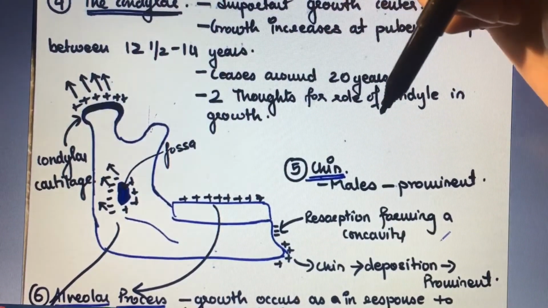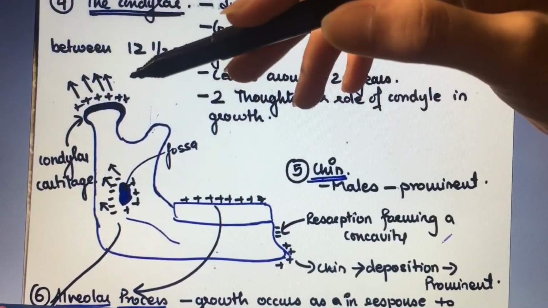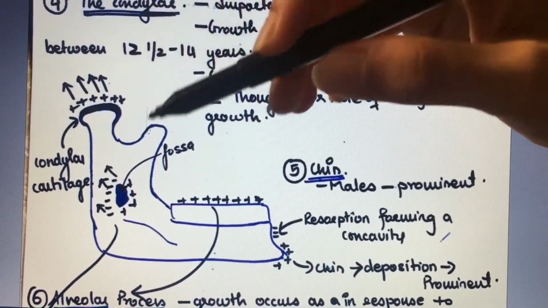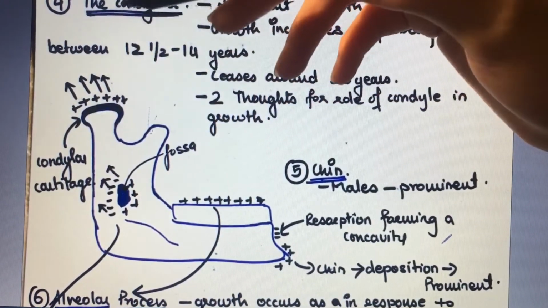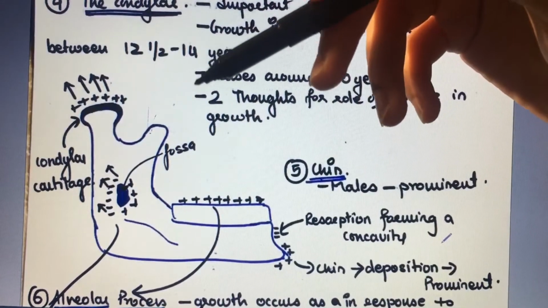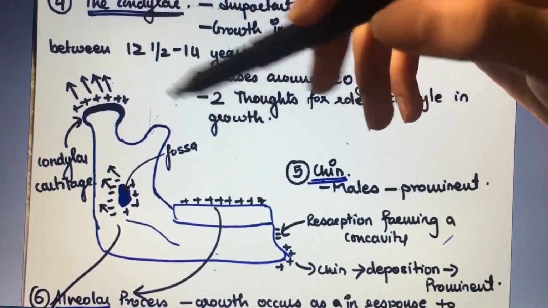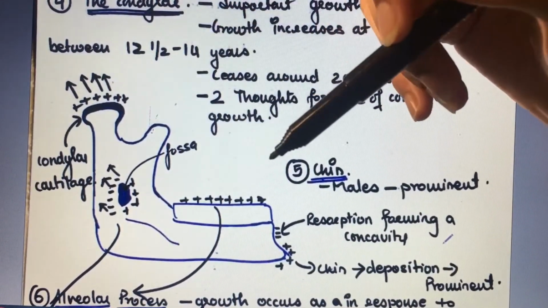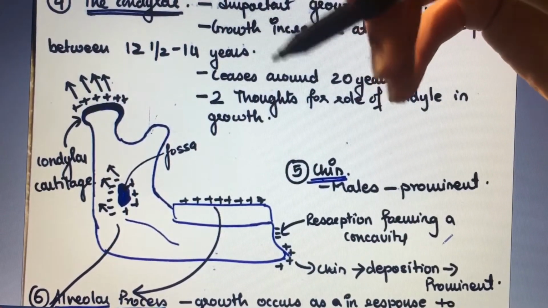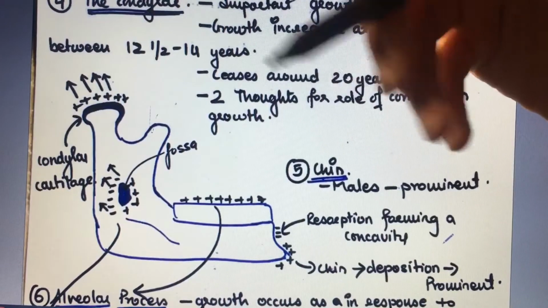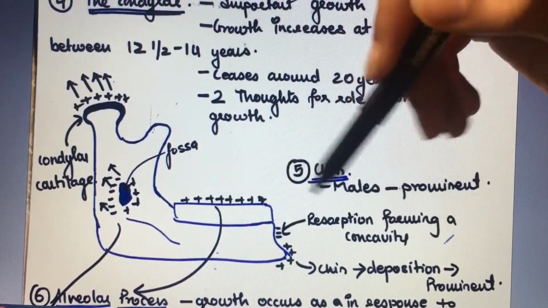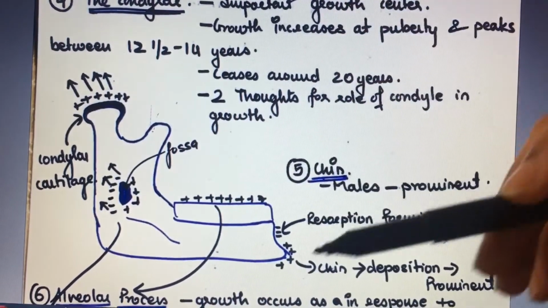Now, second school of thought was that the growth of this condylar process occurs primarily due to the soft tissues, that is the muscles and connective tissues that cover this area, or the muscles of mastication, as you can see. So it primarily occurs because of muscles of mastication and all the connective tissues, and secondarily it occurs due to bone growth.